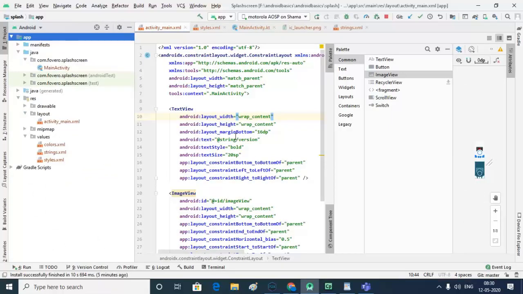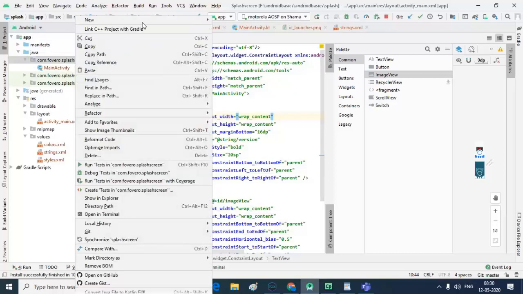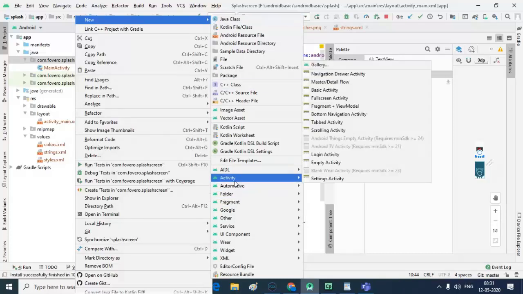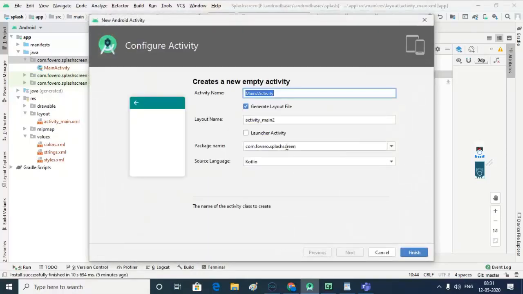Now we will take the second step and add another activity. So right click on our package name, then New, then Activity, and select Empty Activity from here, and after that you give the activity name, change the activity name to second or say Home Activity.